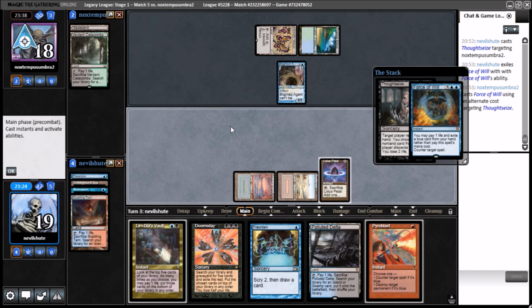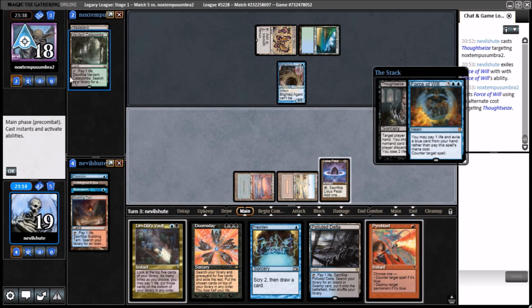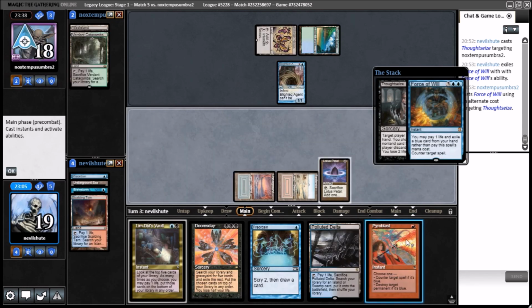So wait, how does that Vines of Vastwood work? They can give their dude hexproof, right? I'm just thinking when to Pyroblast here, because they force pitched Force. So I think what they're protecting is actually a kill. But then if I Pyroblast their Blighted Agent, they could still potentially...